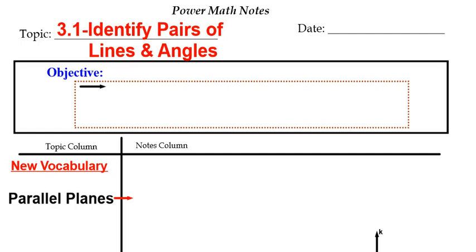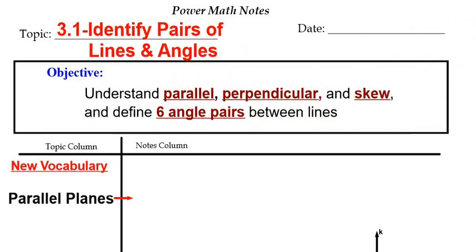All right, gang, let's start on Chapter 3. We are on Section 3.1. We are going to identify pairs of lines and angles. This is a whole new section. We're going to take a lot of the vocabulary that we learned in the last chapter and put some more meaning to it. Our goal for this first lesson is to understand parallel, perpendicular, and skew, and to define 6